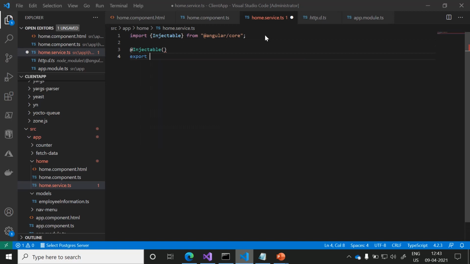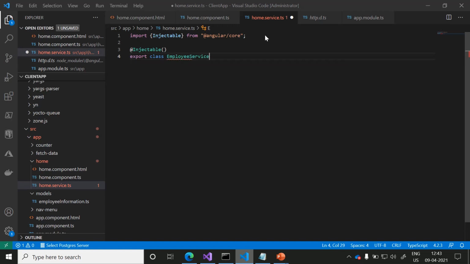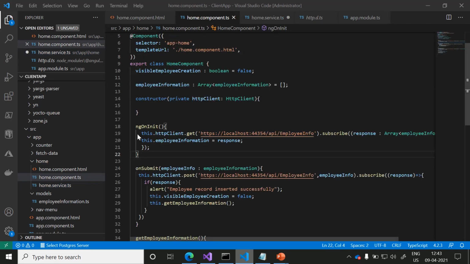We are exporting this service and I am naming it employee service, because we are going to deal with the employee operations, and I'm creating a default empty constructor. For now we are trying to separate the service calls from the home.component.ts.